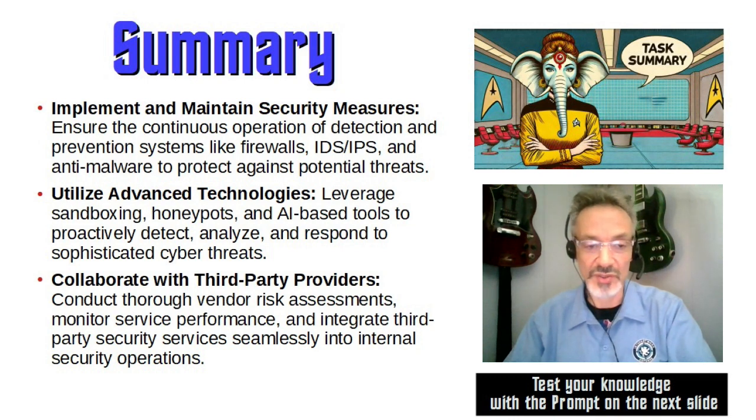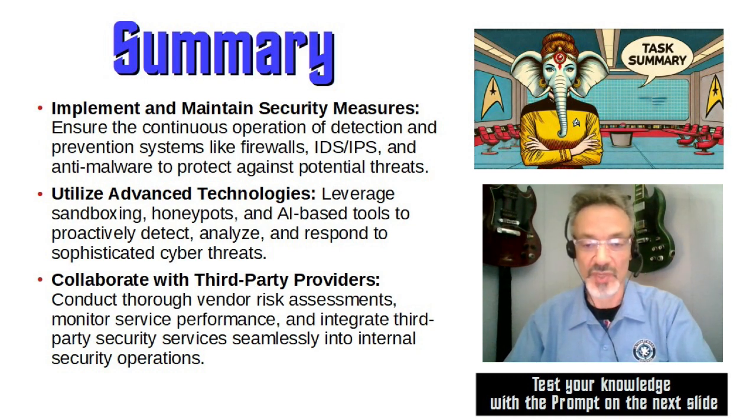Whitelisting and blacklisting. These access control methods ensure that only trusted entities are allowed while known malicious entities are blocked. Dynamic management is key to staying ahead of these threats. Third-party security services. Working with external providers requires careful risk assessment, performance monitoring, and integration with internal operations to avoid gaps in security. Sandboxing. This allows suspicious files or applications to be tested in isolation, preventing potential threats from